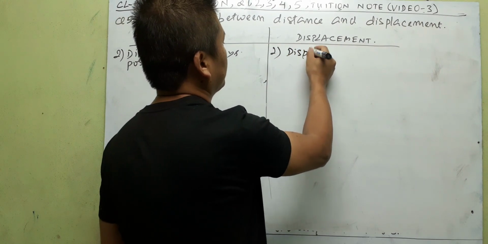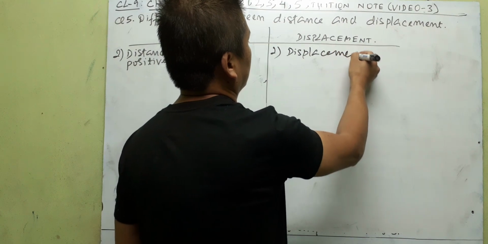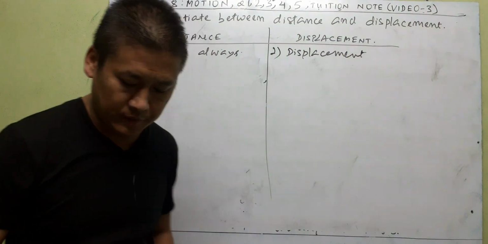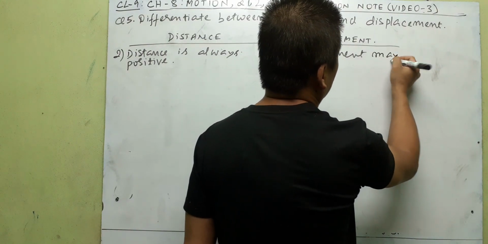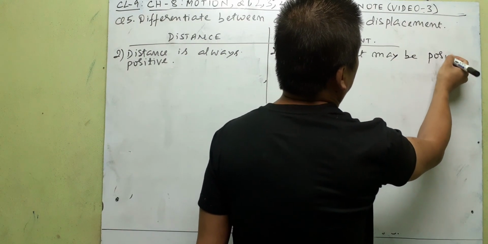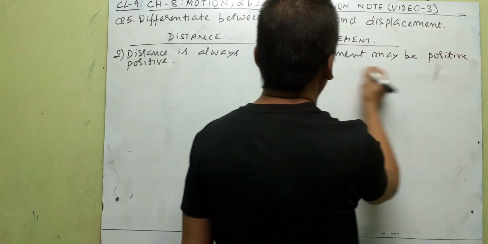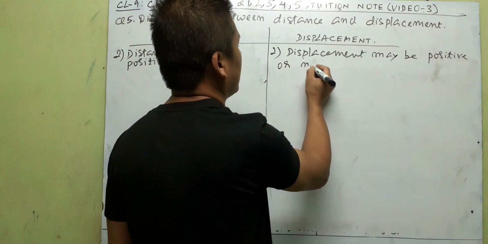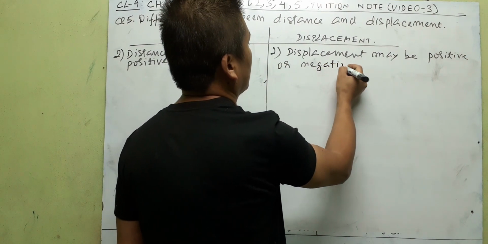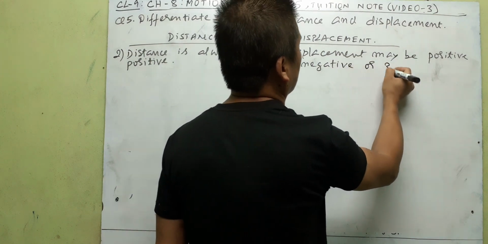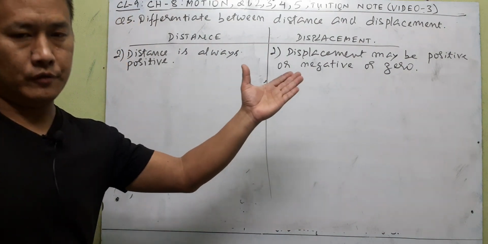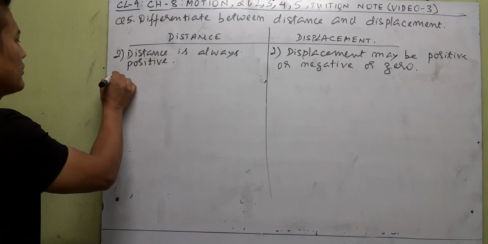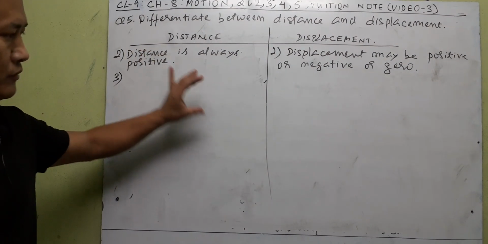And number 2 here, displacement, okay, displacement may be positive or negative. Not only that, it can also be 0. It can be 3 things: positive, negative, 0. We'll see soon why. Let's write the third point also, so we can club these two together and take an example